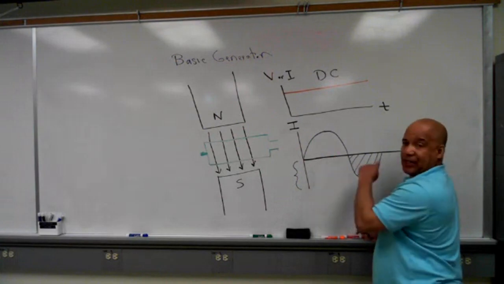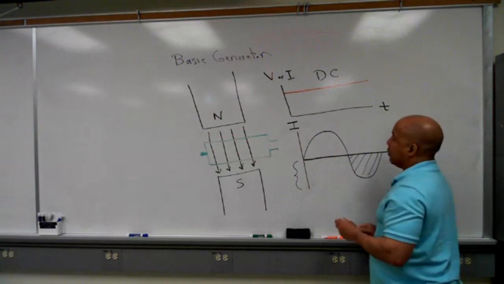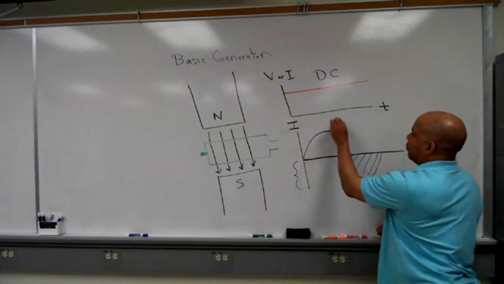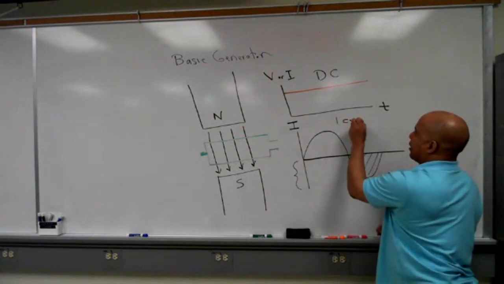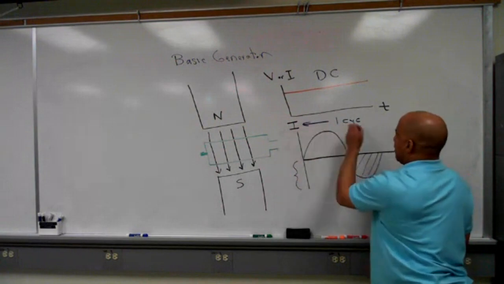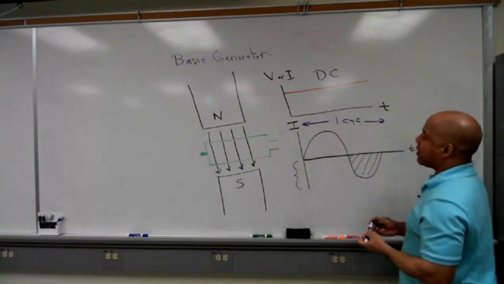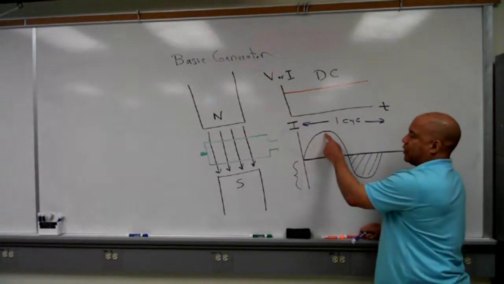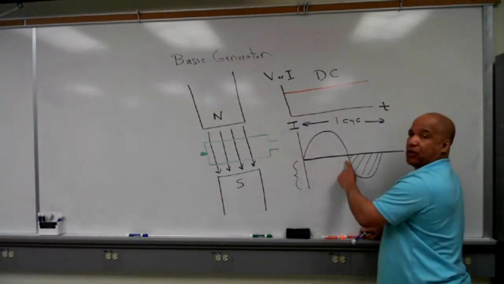What it means is the current has changed direction. So for this part, this is called a cycle. This is one cycle of current from there to there. And for that one cycle, current has started at zero, went to a maximum value, went back to zero in